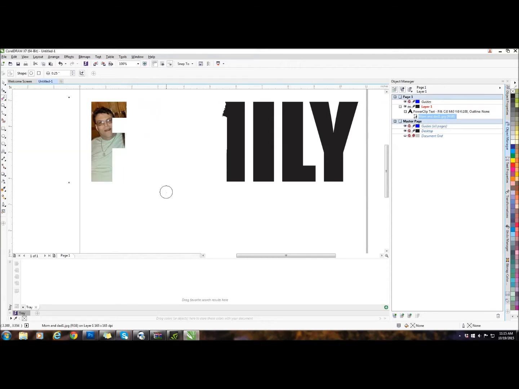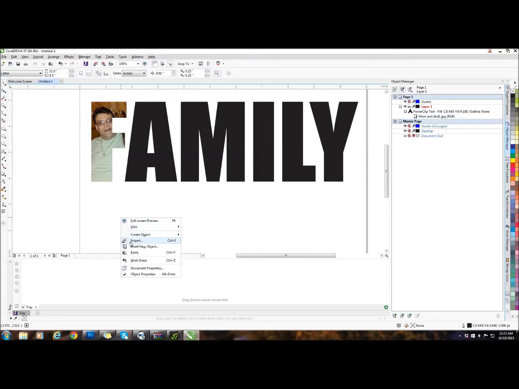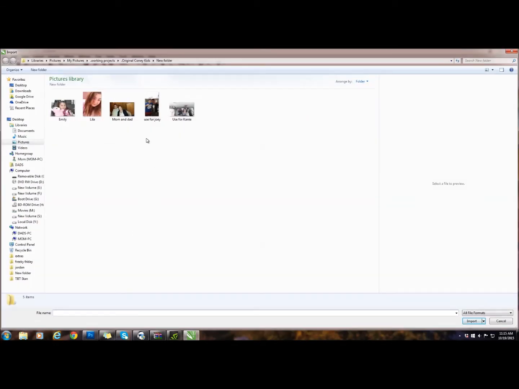And now if I did it correctly, when I let go of the mouse, everything will reappear, and only Stan is showing in the F. I'm going to come back to the left, select my pick tool. I'm going to right click again, left click and select import. And now I'm going to pick Mom and Dad again,